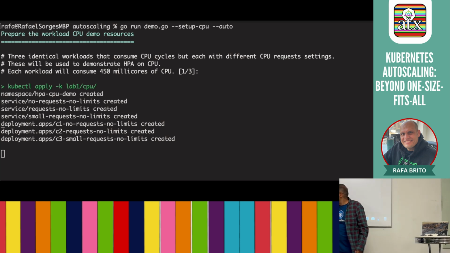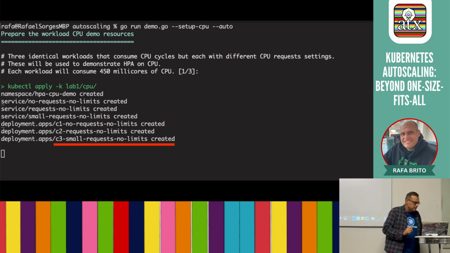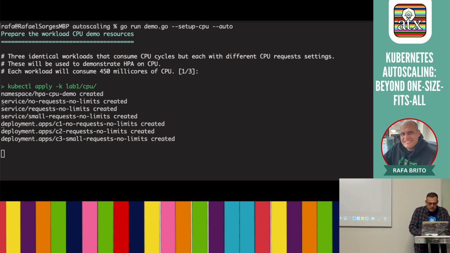I have one deployment, they're exactly the same, but one has no requests, no limits. Another one has requests with 500 millicores, no limits. I don't care about limits. I live in the wild, no limits. And small requests, I put just 50 millicores. So I have those 3 pods running on this namespace, CPU demo,